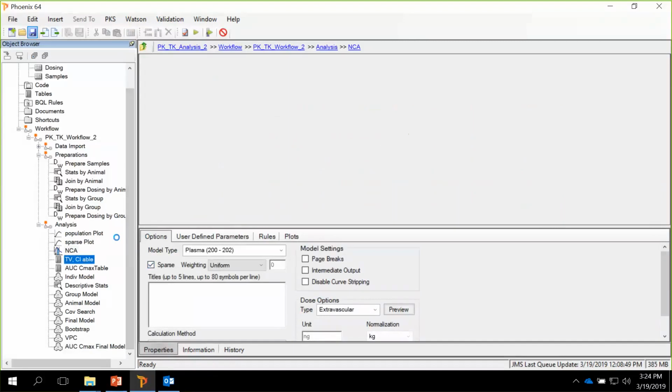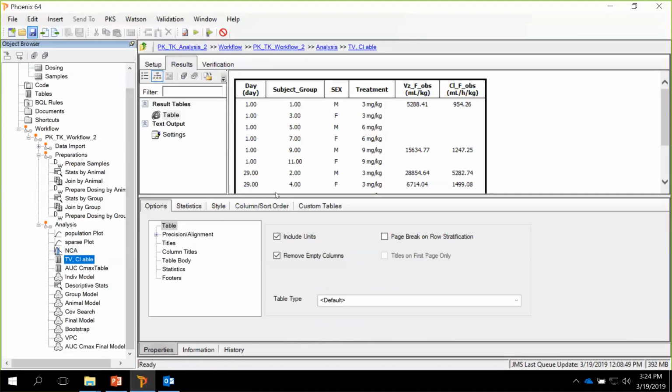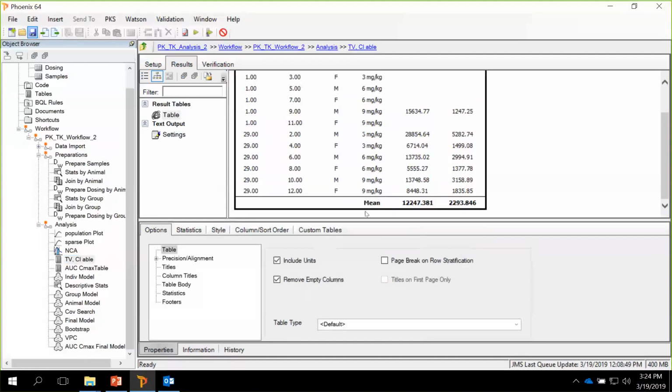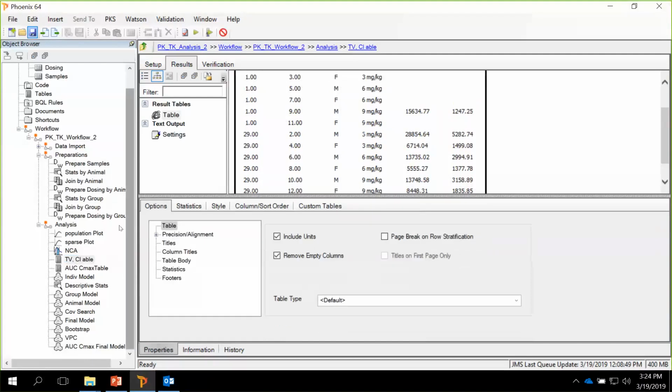You can summarize those values. I've just done it for the volume and clearance because this will become important later on. So these are just mean values from this analysis. But then when we want to start with